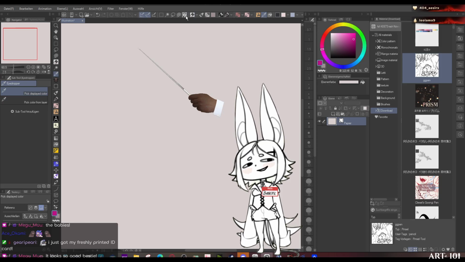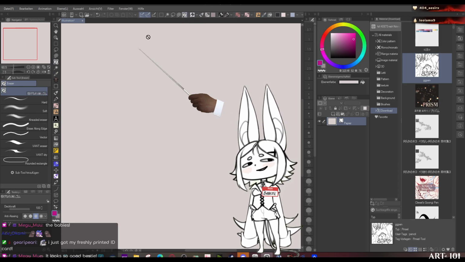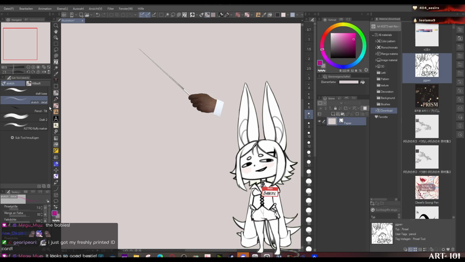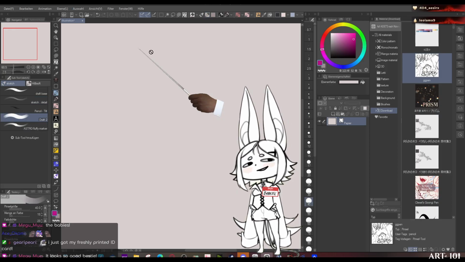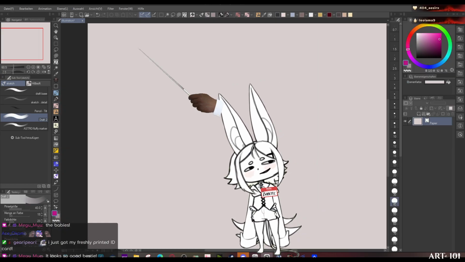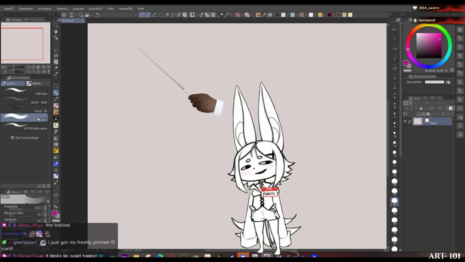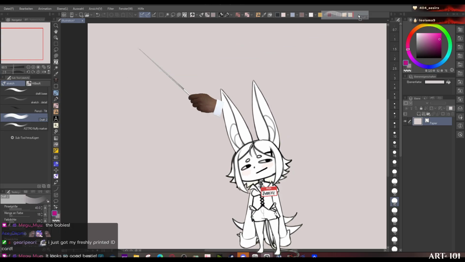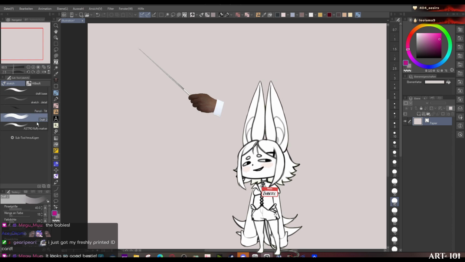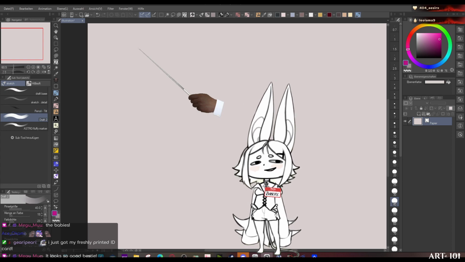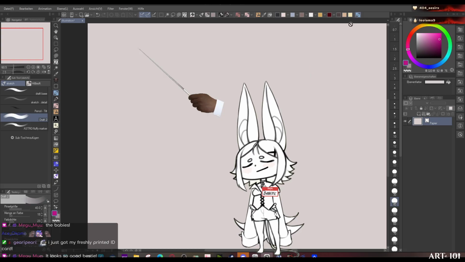So if we say, okay, I want this brush here. I want this brush on top here of my Clip Studio. I can drag and drop it over here, and then it's added as a tool. And you don't need to search for it in a list. You can do the same with